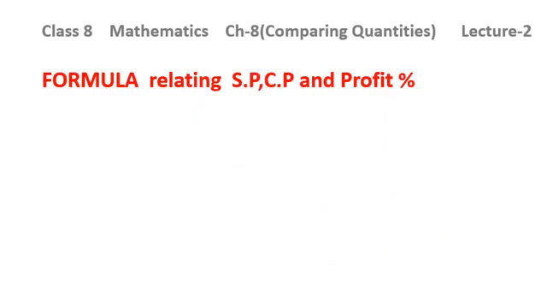So I am telling you one formula which relates SP, that is selling price, CP, that is cost price, and profit percent. Children, if you know how to find out one unknown quantity out of these three, if two are given to you and one you are supposed to calculate, then you can use your way. Otherwise, those who are unable to do it in an easy manner can use this formula which I am going to tell you. This is the formula relating SP, CP and profit percent. If any one of them is unknown to us, then we can use this formula. So let us see how we will proceed.